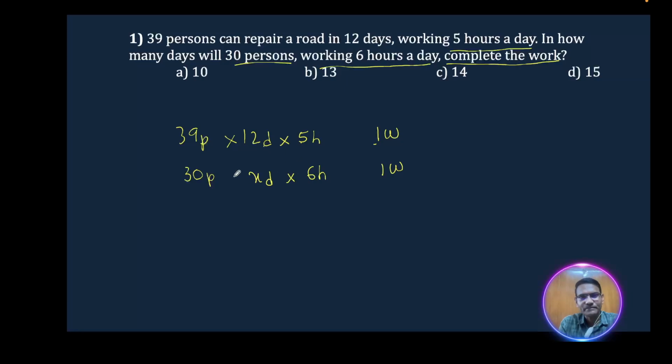So this is a separate unit. Now that becomes 5 hours per day, 12 days, 39 persons. This is entirely one unit I consider. The ratio between these two is also equal to the ratio between these two. That means a direct proportionality condition. Now after simplification, 6 times cancels, 6 here, 2 times cancels, 3 times, 3 here